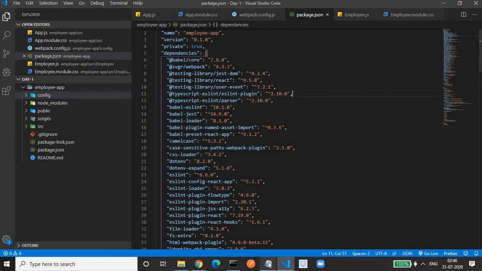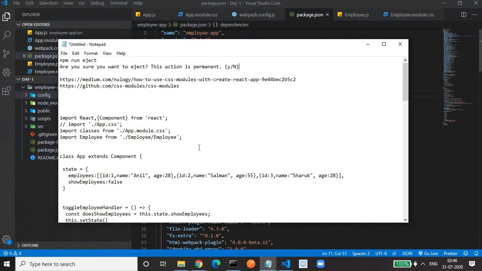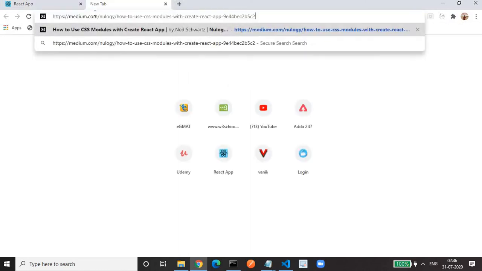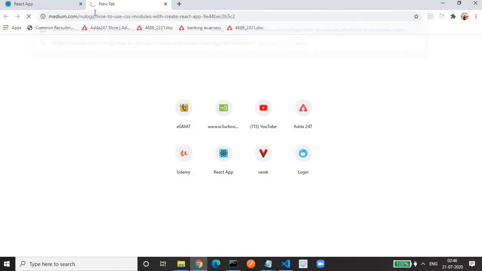And this is the URL for those who are having the React script of lesser than 2.x version. This is the best URL to follow to utilize the CSS module concept in React.